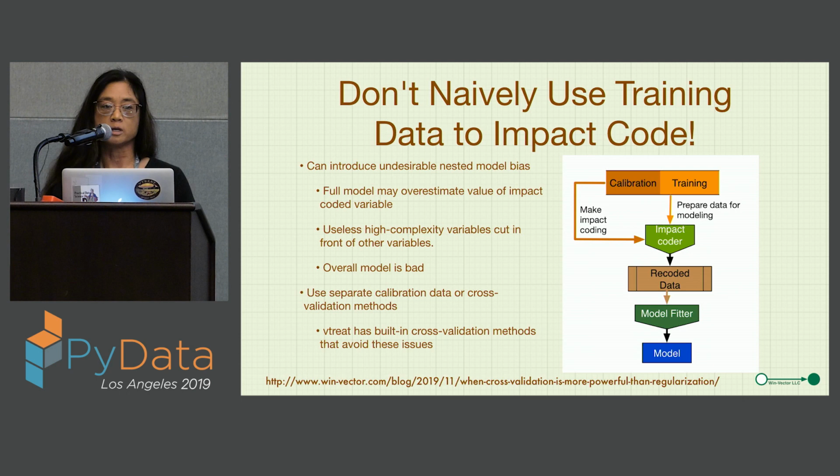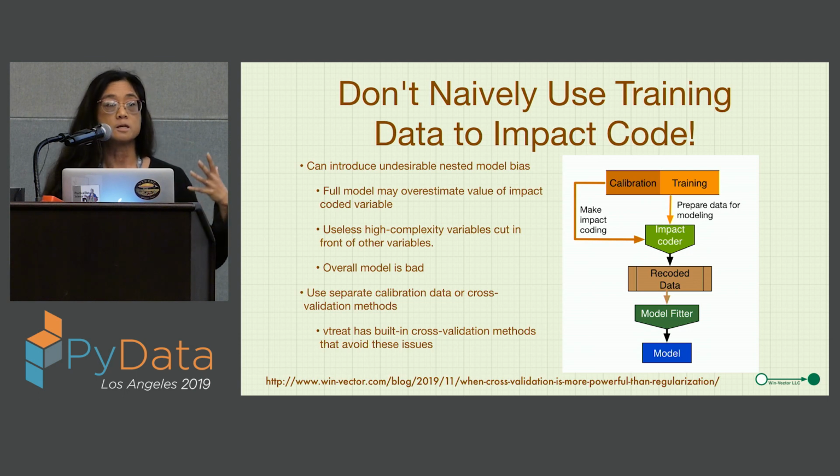Now, the issue with impact coding: it's very concise, and it does preserve a lot of the information that's in the original data. But unlike simpler transforms like missing value imputation and one-hot encoding, to impact code a variable, you have to look at the outcome. Basically, an impact code is a one-variable model for the outcome in terms of, in this case, zip code.